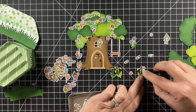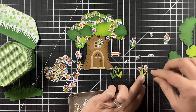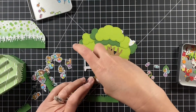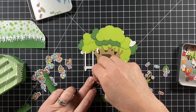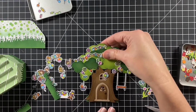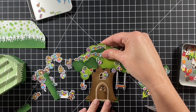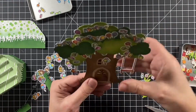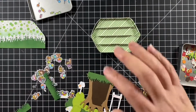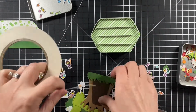That way we have candies all around, growing everywhere. Why candy? I don't know. I just thought that would be fun. If I were a kid, to get a card that was a candy tree, oh boy, that would be the cat's meow. Well, anyway. I attached the tree to the grass, and now with an 1/8-inch double-sided tape, I'm going